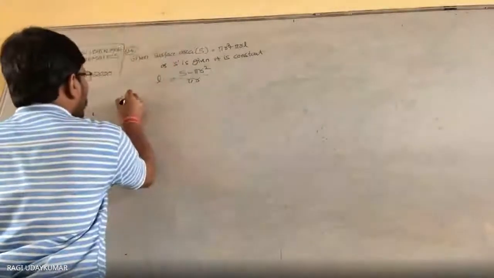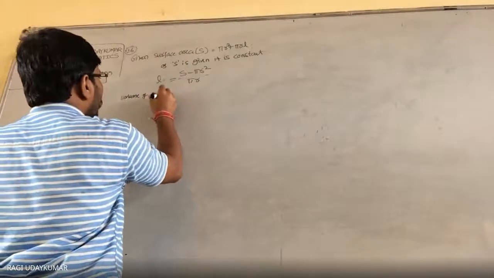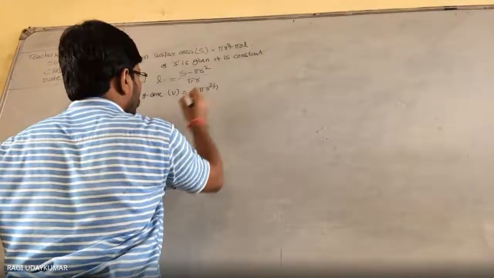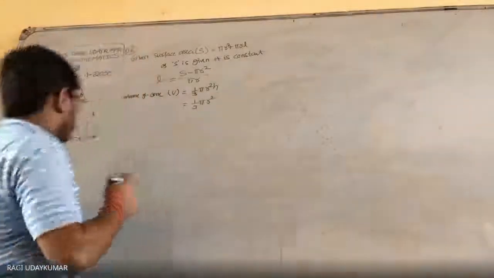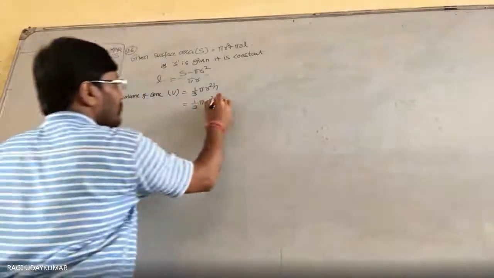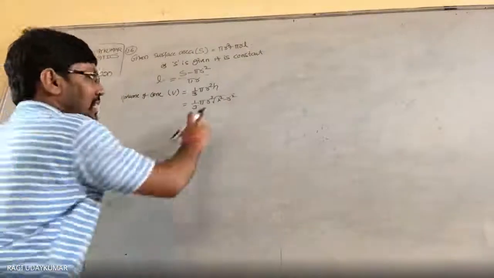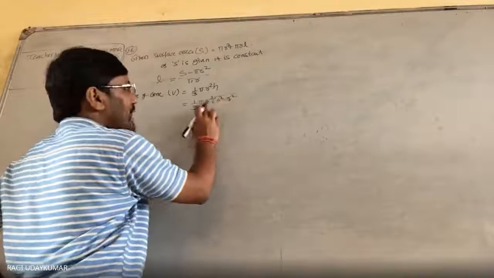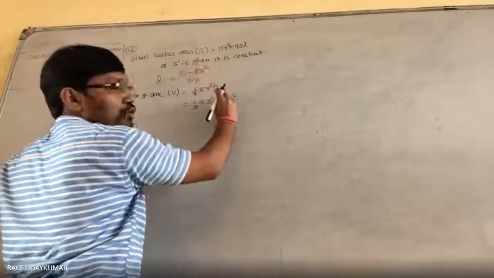So volume of the cone, V is equal to 1 by 3 pi r square h. Actually, what is h here? Under root of L square minus r square. देखो again under root आया. We have to differentiate this with respect to r. So इधर r है, इधर r है. ये L value completely इधर substitute करना है.